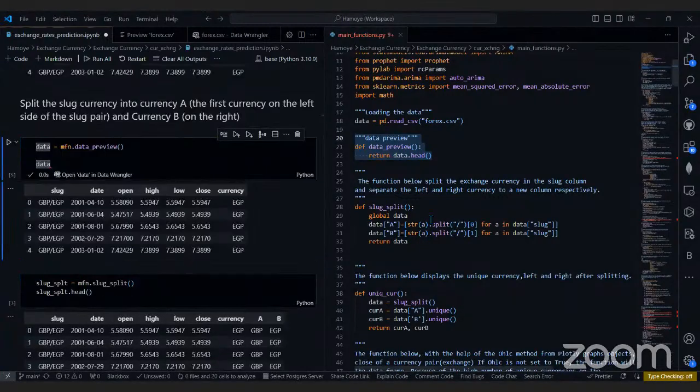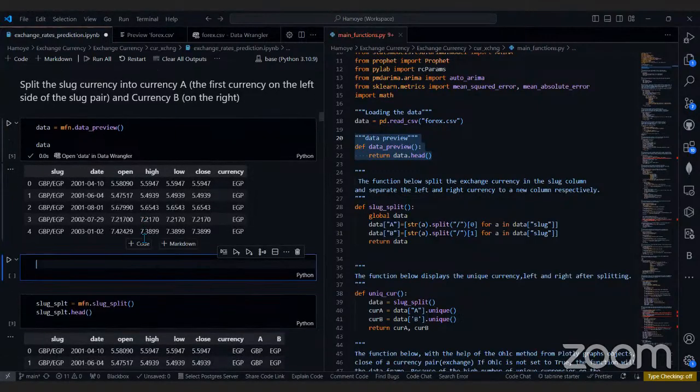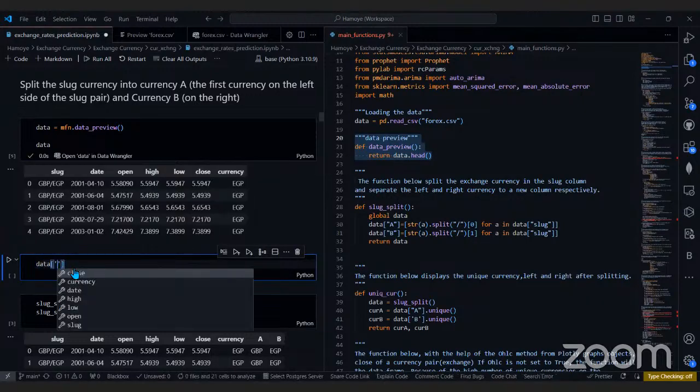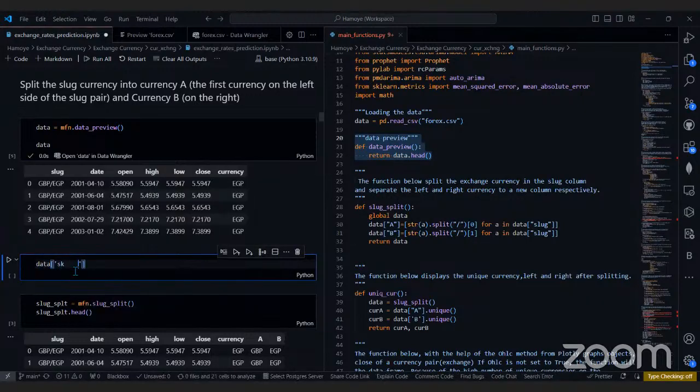I just want to break this down in case you are confused. It's doing something like data, picking up the slug column.